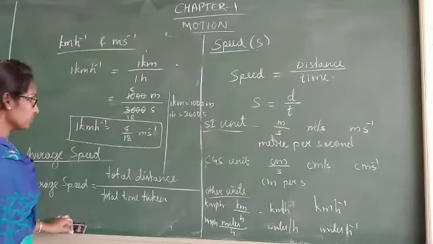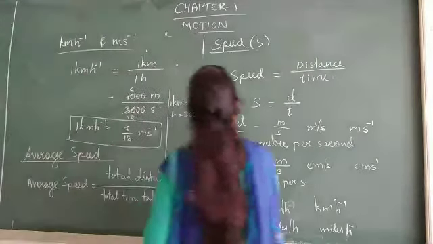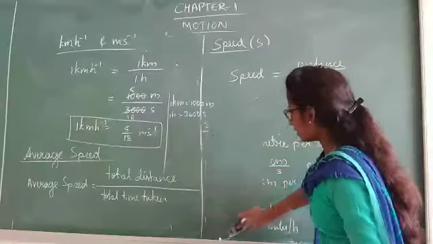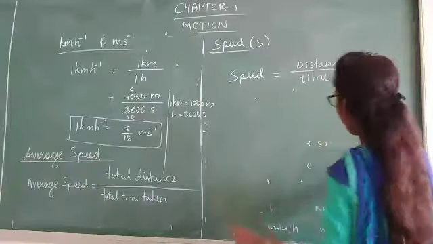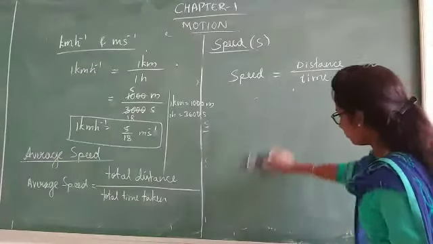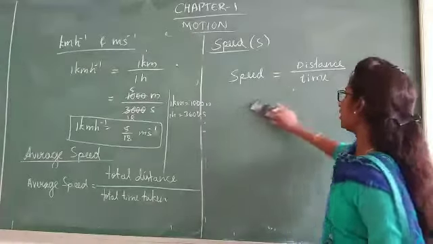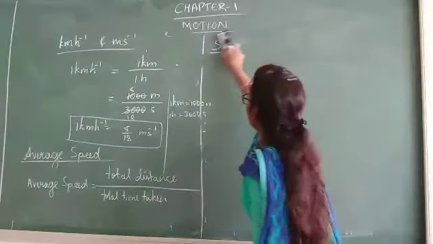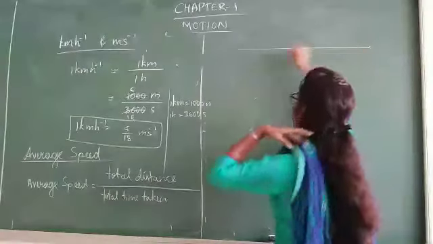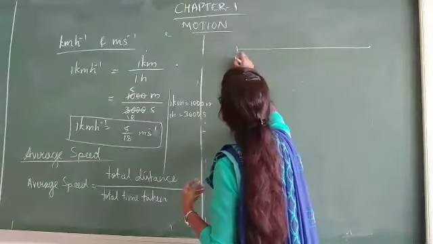I will tell you an example. Remember the SI unit, CGS unit and other units are the same as for speed, because speed is also a ratio of distance and time. So they have the same unit as speed itself. Which means how will we calculate? Suppose the body is moving from this point A to B